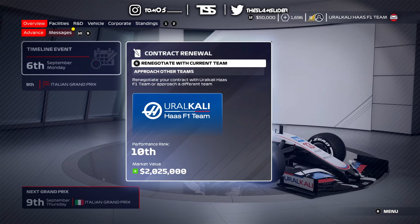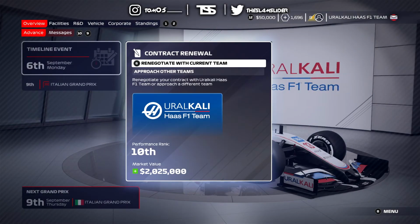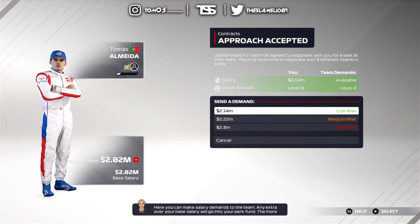Starting with this, we're going to have a contract renewal with our current team, Haas F1 team. To be honest, I wasn't expecting to have this contract renewal because we are already in the second half of the season. I was expecting to see this after the Hungarian Grand Prix, during the summer break. But anyway, we have a low risk, medium and a high risk contract, and I decided to go with